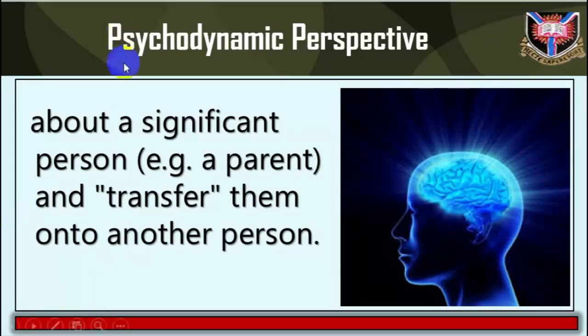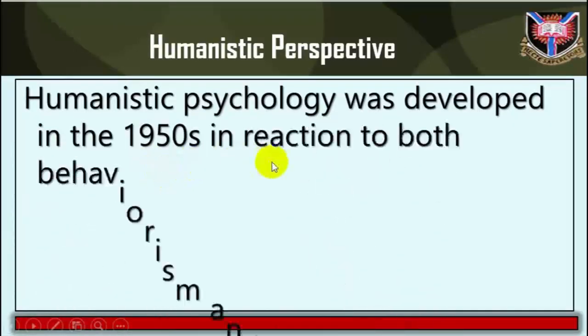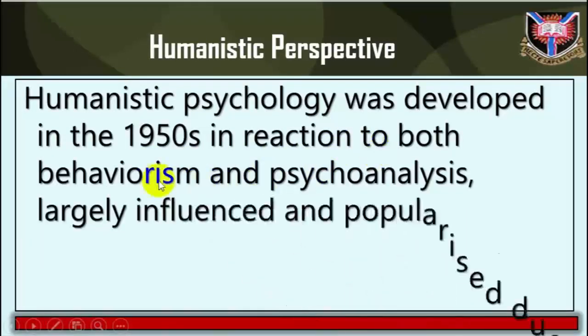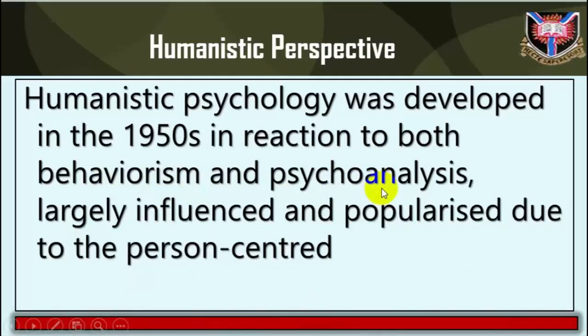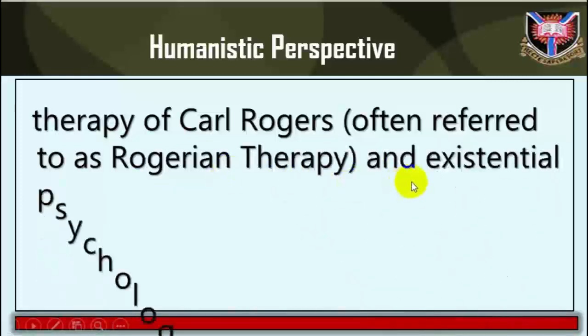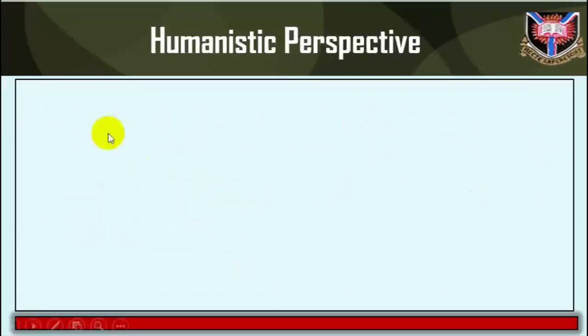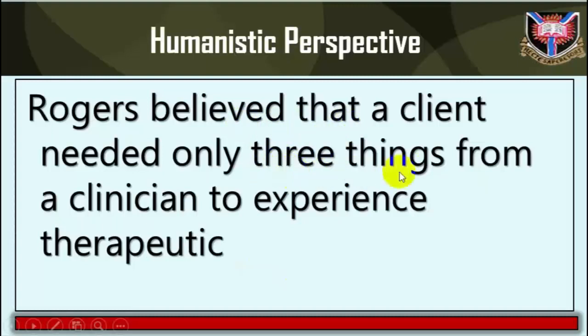Humanistic perspective. Humanistic psychology was developed in the 1950s in reaction to both behaviorism and psychoanalysis, largely influenced and popularized due to the person-centered therapy of Carl Rogers, often referred to as Rogerian therapy, and existential psychology developed by Viktor Frankl and Rollo May. Rogers believed that a client needed only 3 things from a clinician to experience therapeutic improvement: